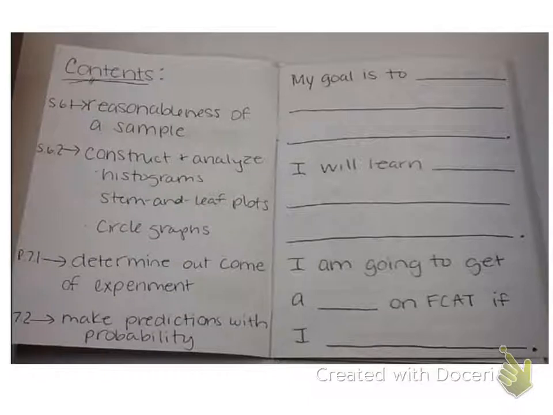Contents. S6.1, reasonableness of a sample. S6.2, construct and analyze histograms, stem and leaf plots, circle graphs. P7.1, determine outcome of an event or experiment. P7.2, make predictions with probability. Please fill in the blanks. My goal is to. I will learn. I'm going to get an A on FCAT if I